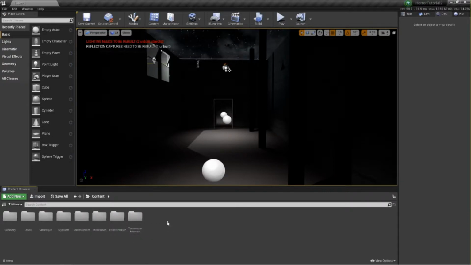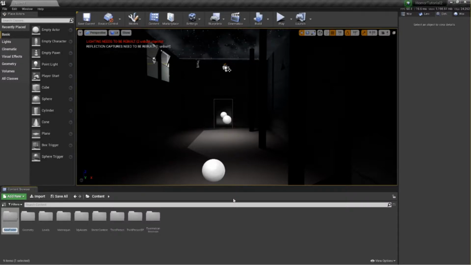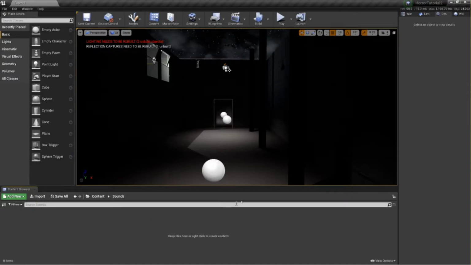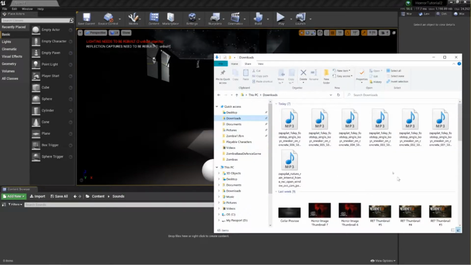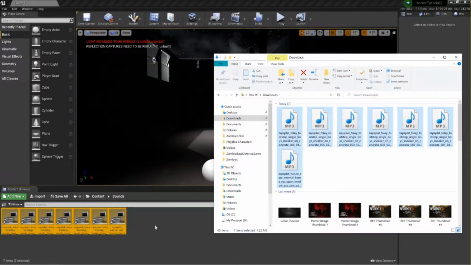So, without wasting too much time, I'm just going to first set up this new folder and call it sounds. It really doesn't have to be anything too fancy. You'll see I brought up this downloads folder in my files, which has got all my MP3s. Now I think these have to be, actually thinking about it, have to be